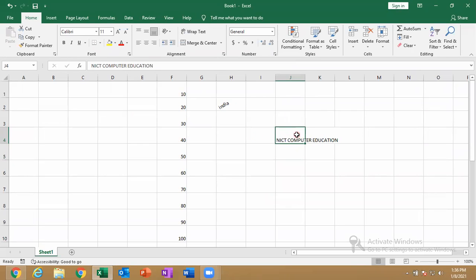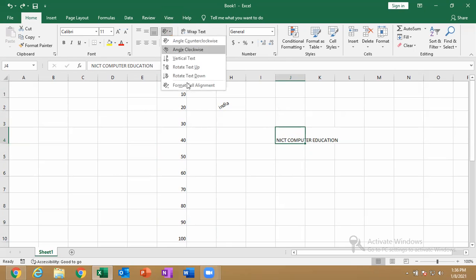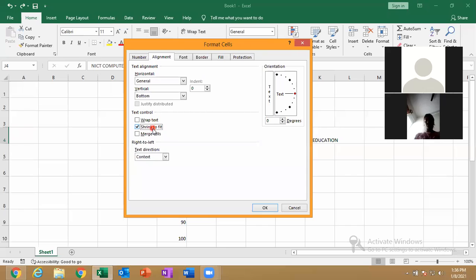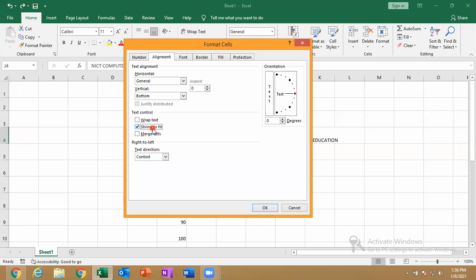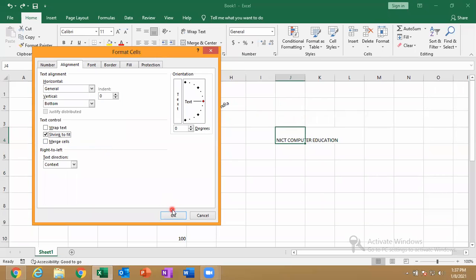I've selected like this. Okay, just click here, or sorry, here, go for here, format cell alignment. Okay, and here you see shrink to fit. So what is that shrink to fit? It means the entire text, whatever is going more than this particular column, that text will also be shrunk and it will be fixed within the cell. Shrink to fit within the cell. Just click OK.